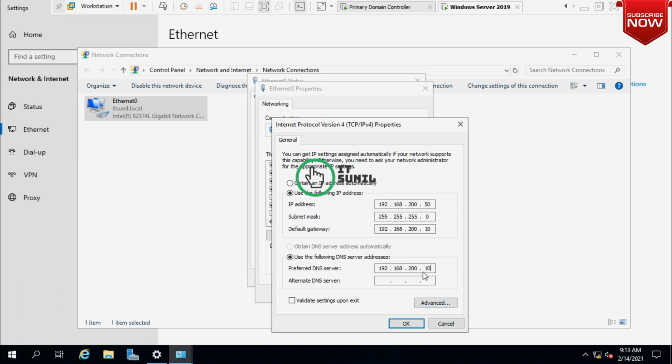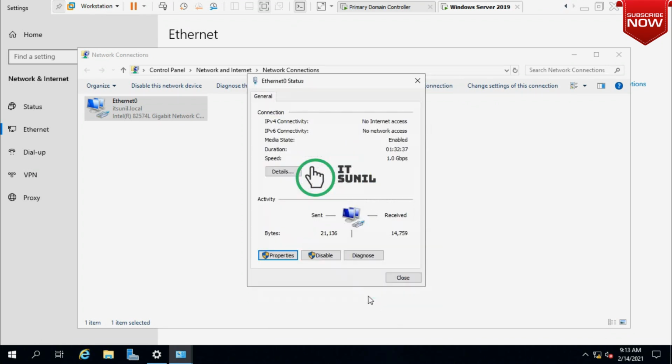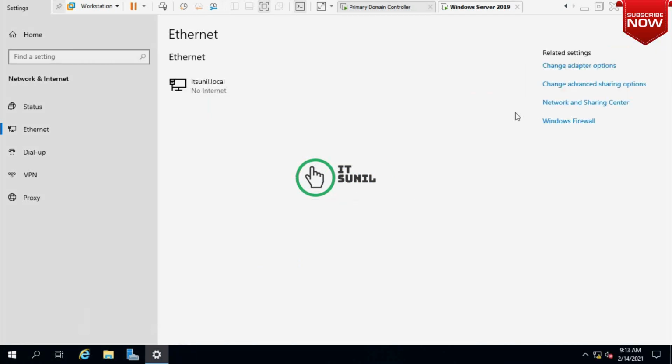So this is my primary domain controller IP address. I have already installed the DNS server on my primary domain controller, so type here the primary domain controller's IP address. Okay, that's fine.